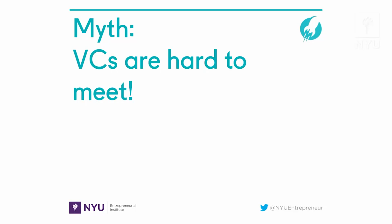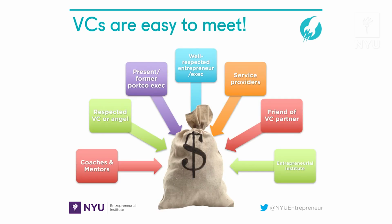Another myth is that VCs are hard to meet. VCs are actually very easy to meet, because they are out there looking for you. They're the buyers. They're out there hunting for the best startups to invest in. So they put themselves out there. If my bag of money here is euphemistically the people that you're trying to meet,